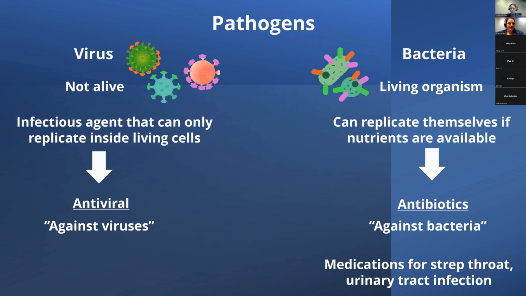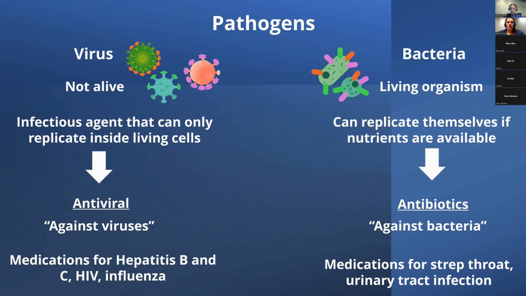So I'd like to give you a couple of examples of what antivirals are. Antiviral medications are there to ease symptoms and shorten how long you're sick. Examples of diseases they're used for are hepatitis B, hepatitis C, HIV, and influenza. So those are some diseases that antivirals can be used to fight off. Antivirals can be used in a cream. You can inject them into the muscle or via an IV. You can have eye drops. So there's a couple of different ways to administer antiviral medication.